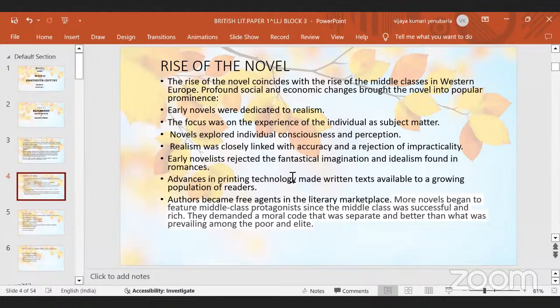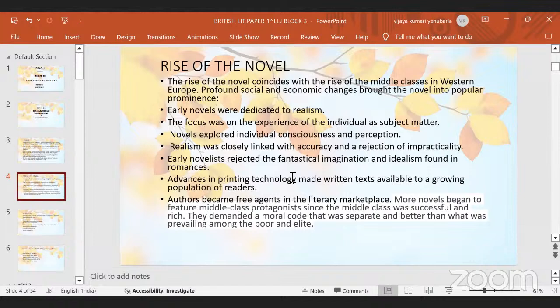More novels began to feature middle class protagonists since the middle class was successful and rich. Because people are becoming rich. So due to the industrialization, the culture has been changed. So now they started taking the middle class successful persons as their role models. And they started writing on them, portraying the characters,